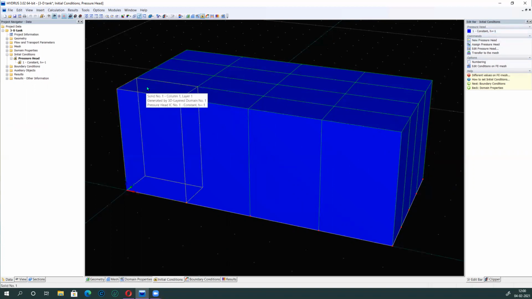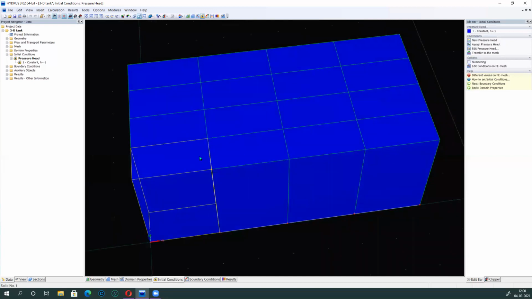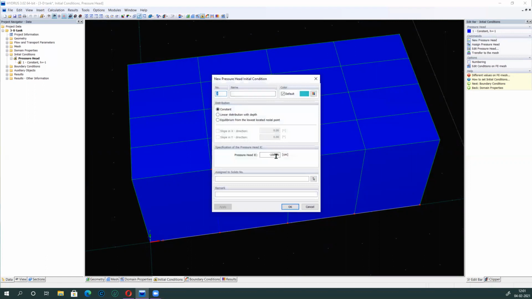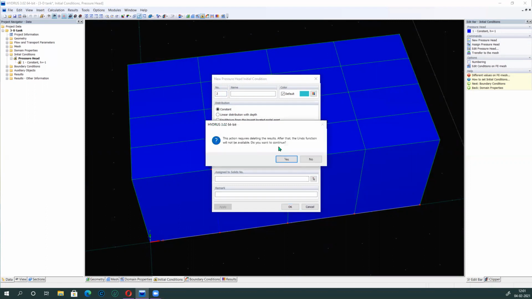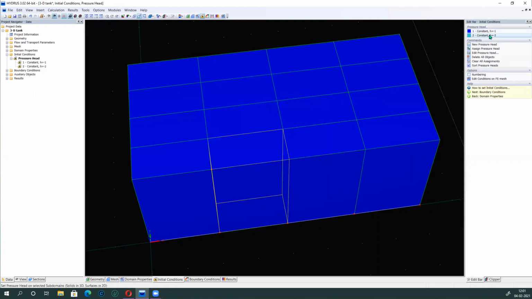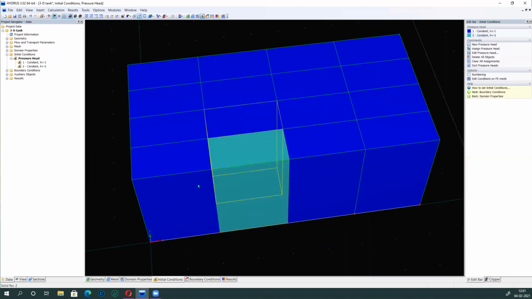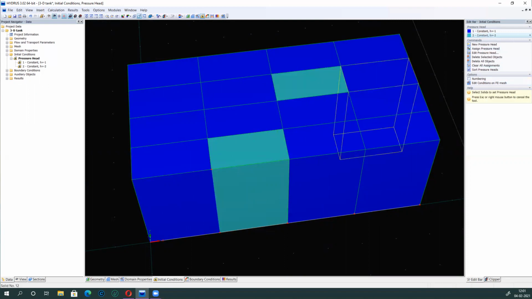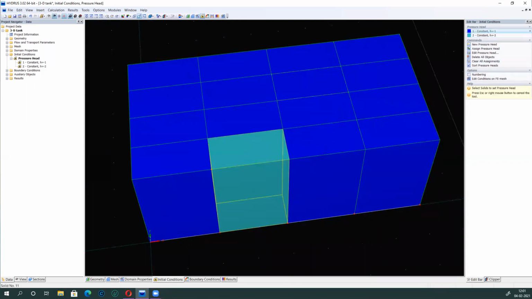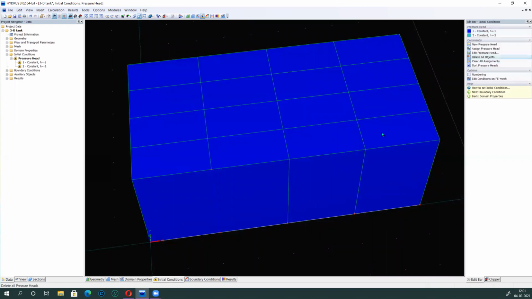Of course, we can decide to give a different pressure head to a different block. For example, if I want to give, let's say, -2 centimeter of pressure head to one particular block, I can give that definitely. So I'll choose that, and you see that this is a -2 centimeter block. If I want to give more, then I can simply pick and choose like this. But for the sake of simplicity, I'm keeping this as one initial head.